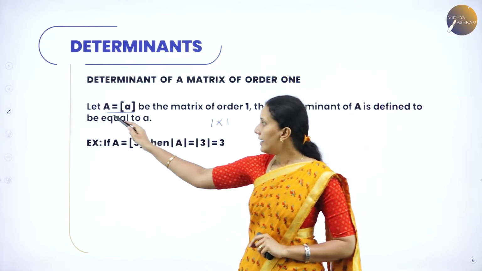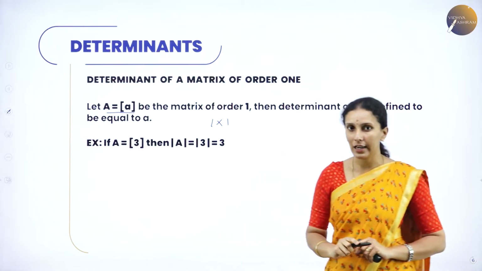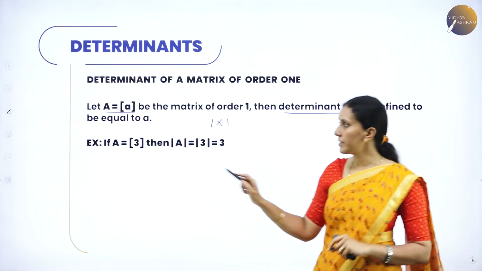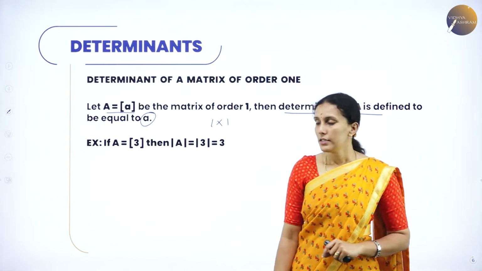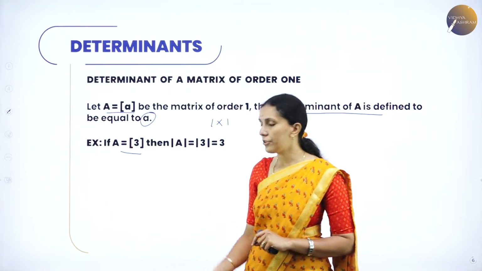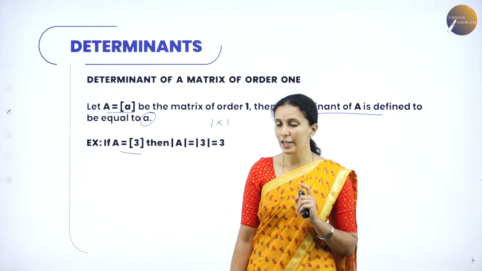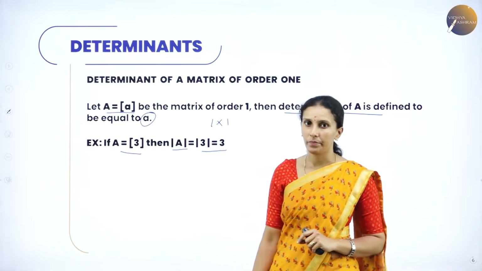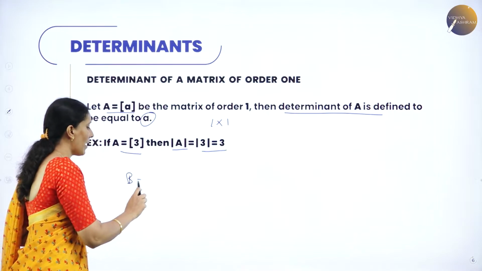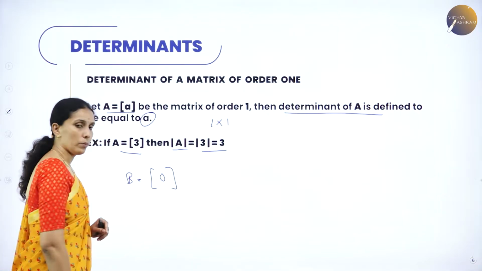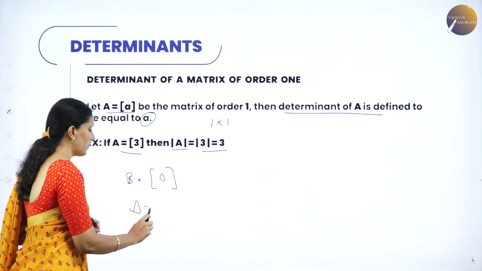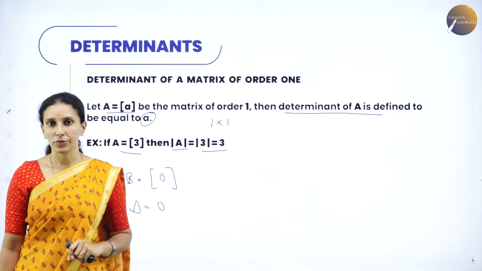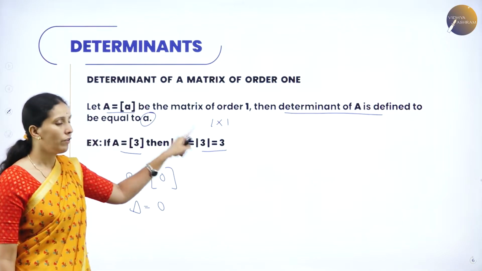If A is a matrix with a as an element in it, then the determinant of A is always equal to a. Suppose A is a matrix containing only one element, that is 3, then determinant A is given by 3. Suppose B is a matrix containing element 0, then the determinant of matrix B is 0. Like this, if it is a square matrix of order 1 cross 1, then the element itself becomes the